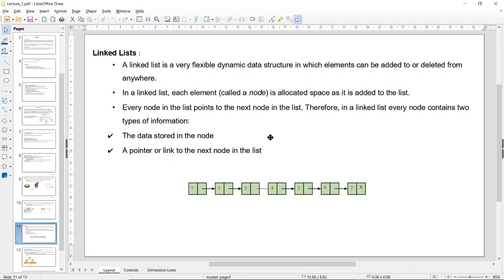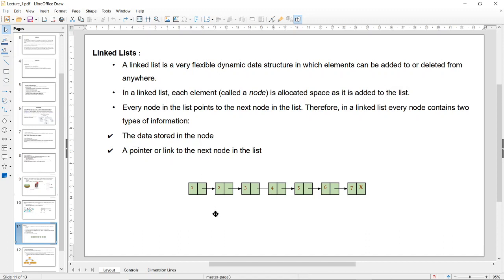Every node in the list points to the next node in the list. Therefore, in a linked list, every node contains two types of information. The first one is the data stored in the node, the value, a numerical integer or a character or anything, and the pointer, a pointer or a link to the next node in the list, right? So we need to connect two pieces of data that are not beside each other.